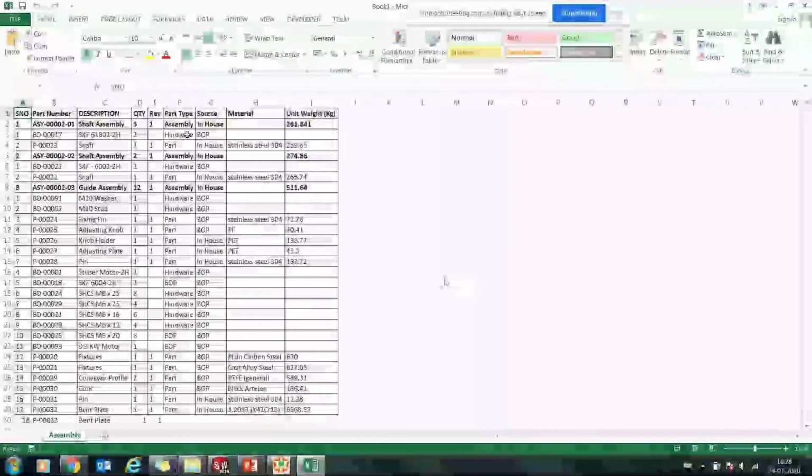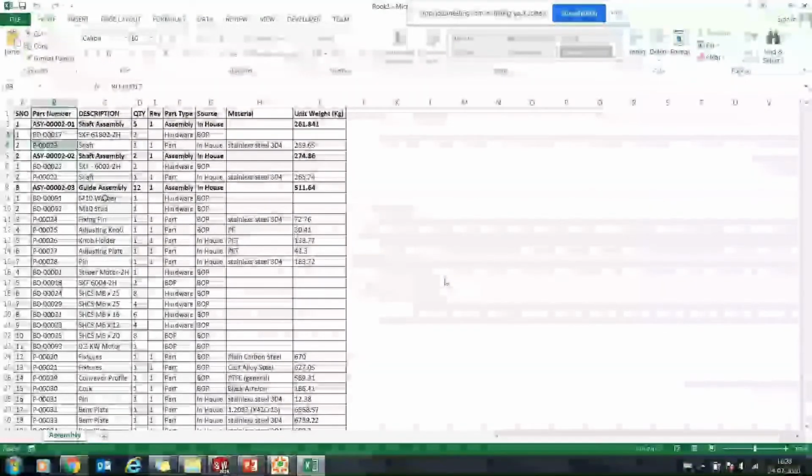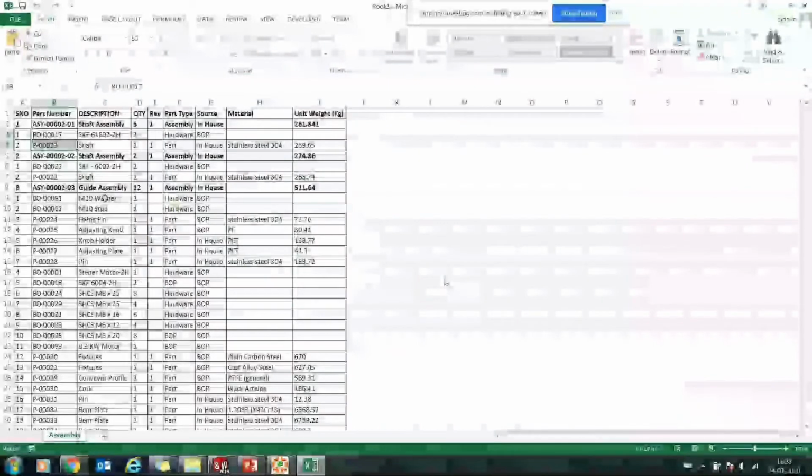Okay. So now what it has done is basically this is the first sub-assembly, its child, second sub-assembly, its child, third sub-assembly, their child, and the top level one. Right. So this format can be customized as per your requirement, with the fields as you need, and you can just quickly go and create. So now you need not waste more time. Right.